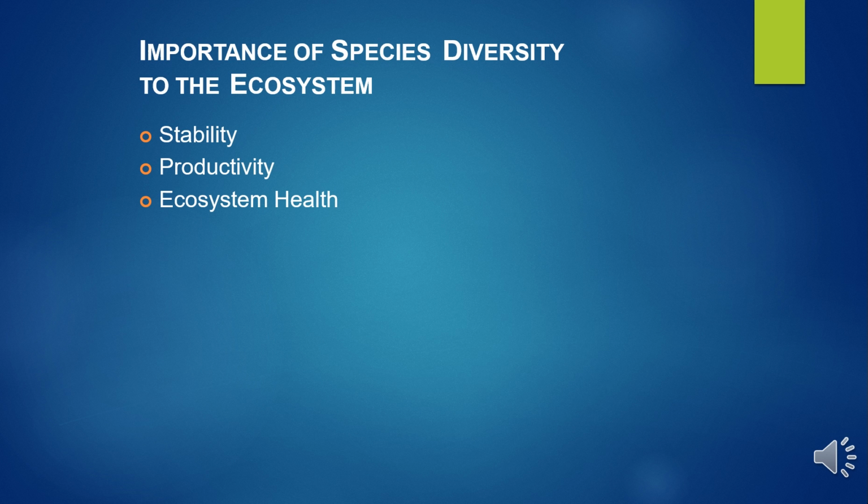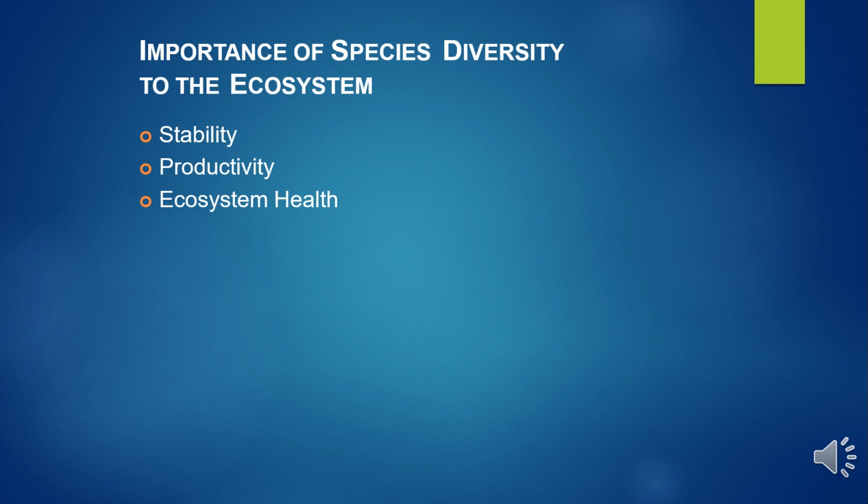So, we'll study stability. Biodiversity is essential for the stability of an ecosystem. Communities with more species tend to be more stable than those with fewer species. Then productivity: ecosystems with higher biodiversity, like tropical forests, are more productive than ecosystems with lower biodiversity, like temperate forests. Experiments of David Tilman have confirmed that increased diversity contributes to higher productivity.